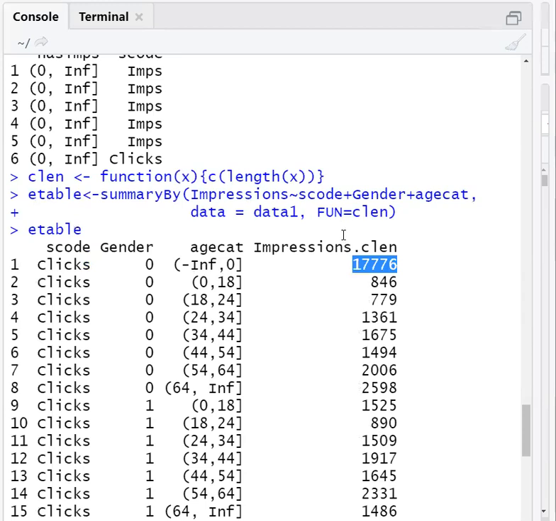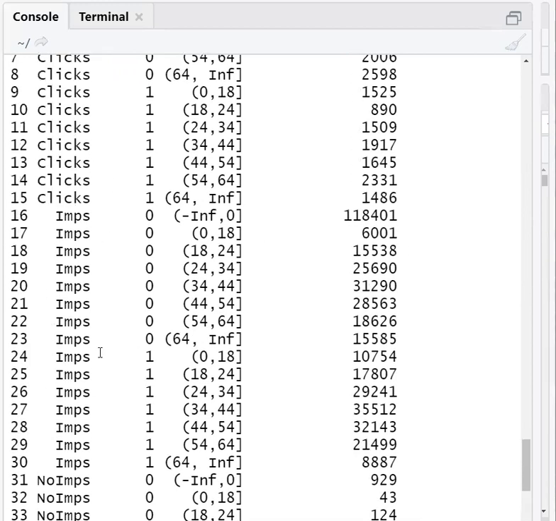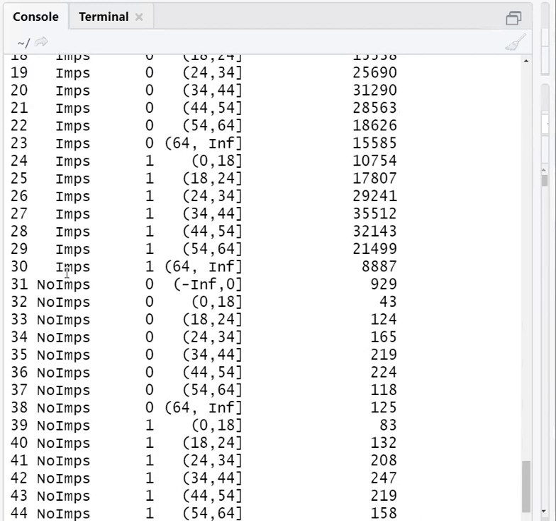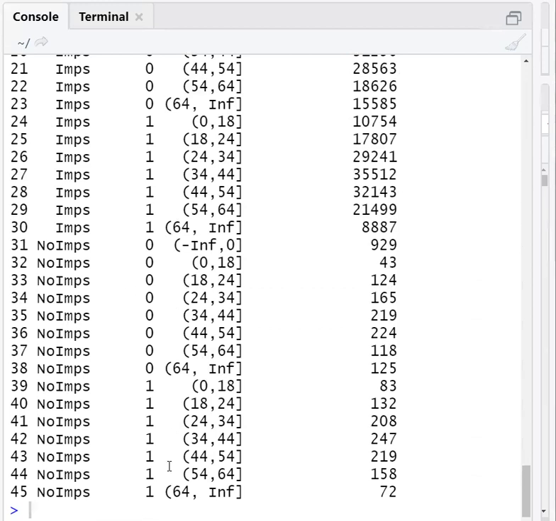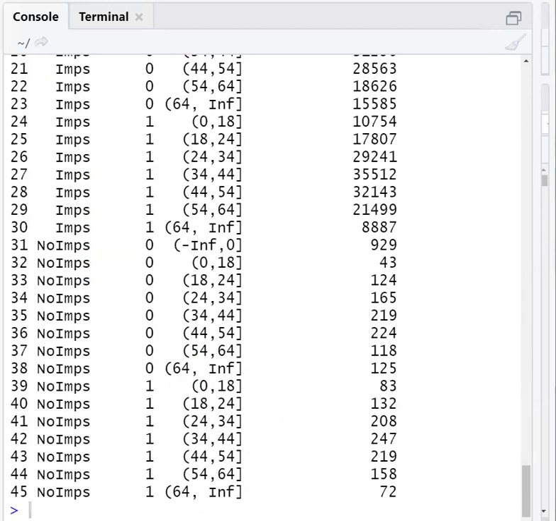Length is nothing but the number of rows that are present. So no impressions in each category. For clicks, impressions, no impressions. Again, no impressions for male, female, and each category. So likewise, 3-level data is being fetched over here. So this is an example of exploratory data analysis.